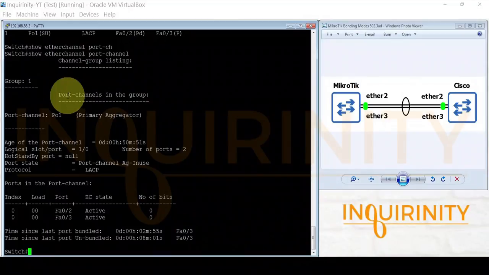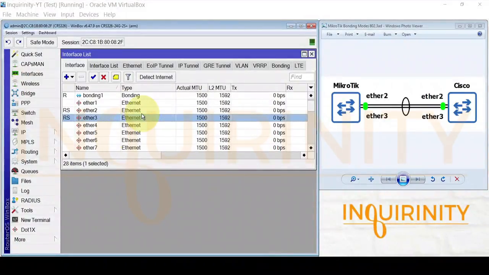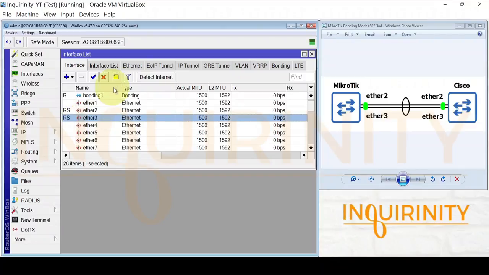We can also run the command in Cisco show etherchannel port-channel, and as you can see, our Fa0/2 and Fa0/3 are all active and the protocol is LACP. Back here in our MikroTik, if you take a look at our bonding interface, we could see the traffic, and we could disable or enable one of the ports and the bonding would still be running.